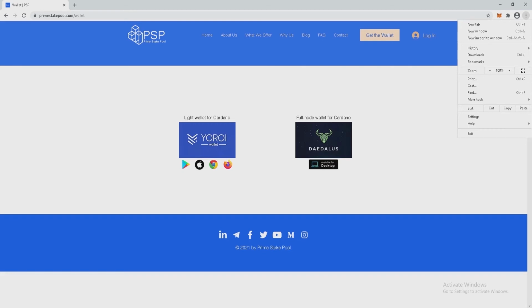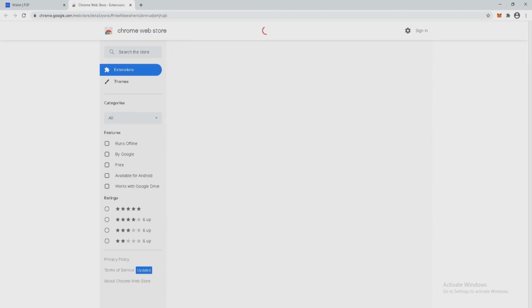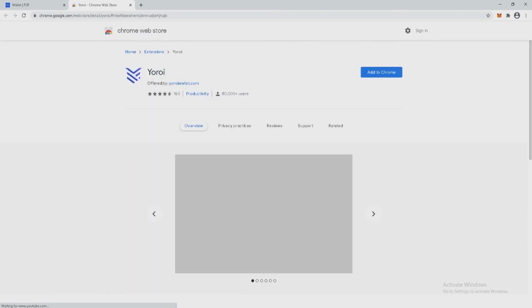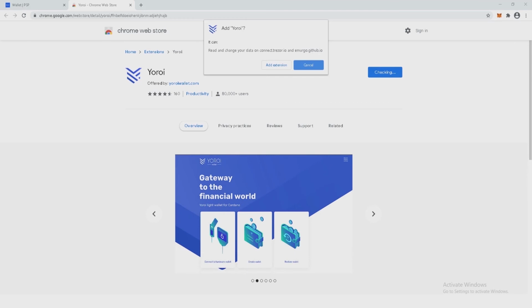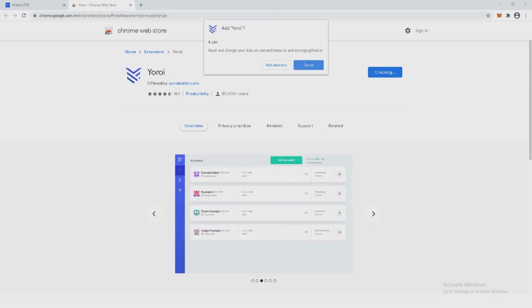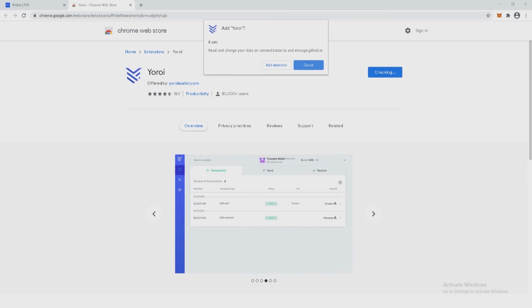So we click Chrome and we have the extension here, add to Chrome. So we click it. It can read and change your data on connect.trezor.io and umargo.github.io.